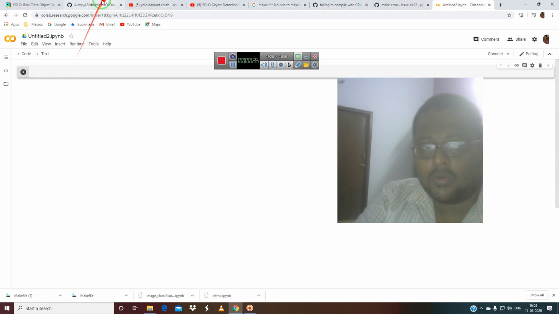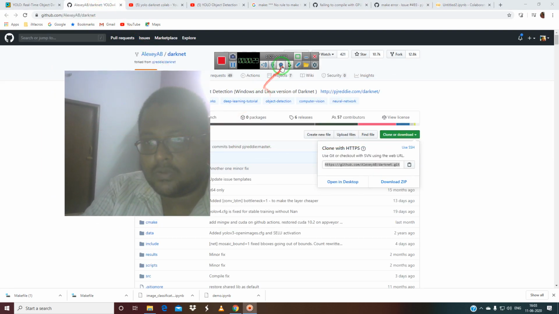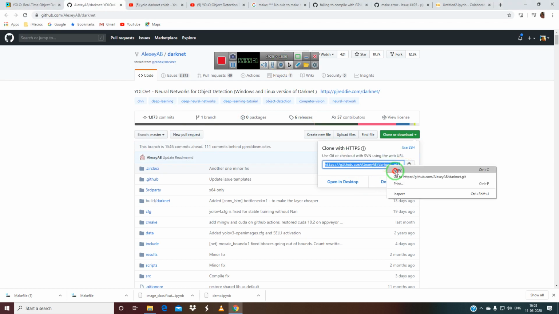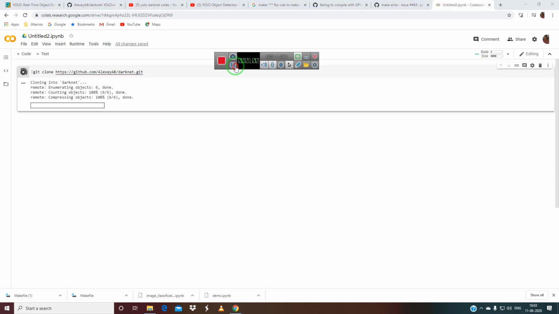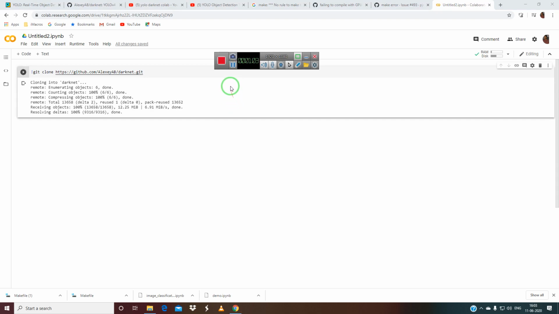And after that, what you have to do, you have to copy this darknet thing. Copy this and get here, put an asterisk sign, just type git clone and paste this, Control V. So it is actually running, it is cloning the repo.